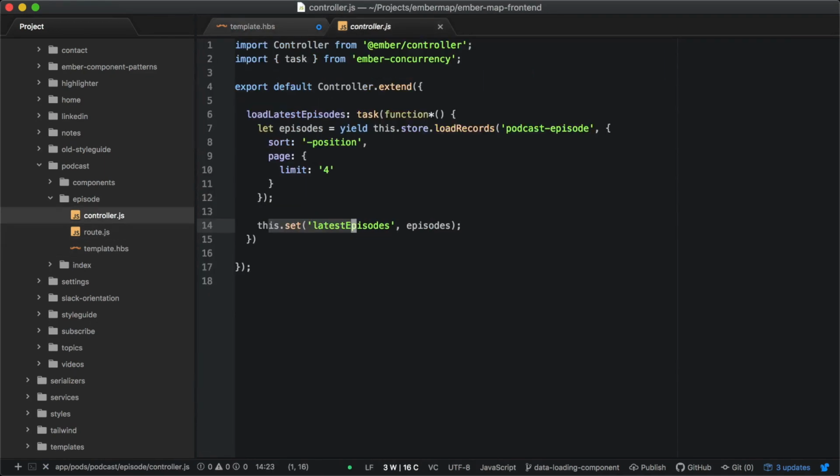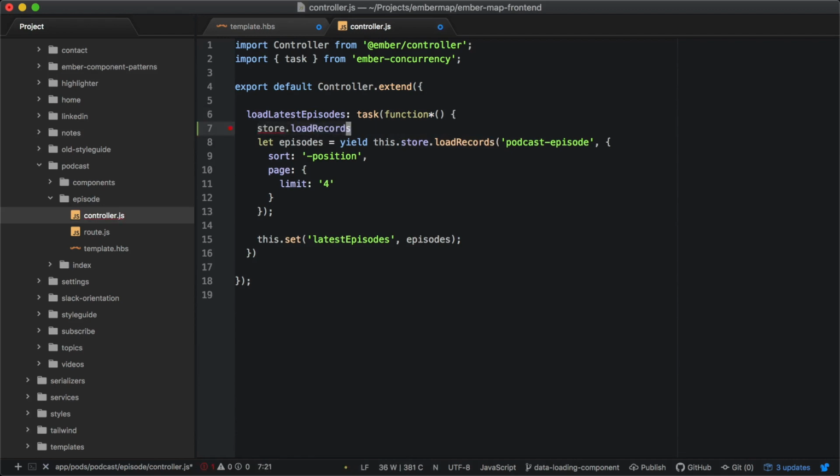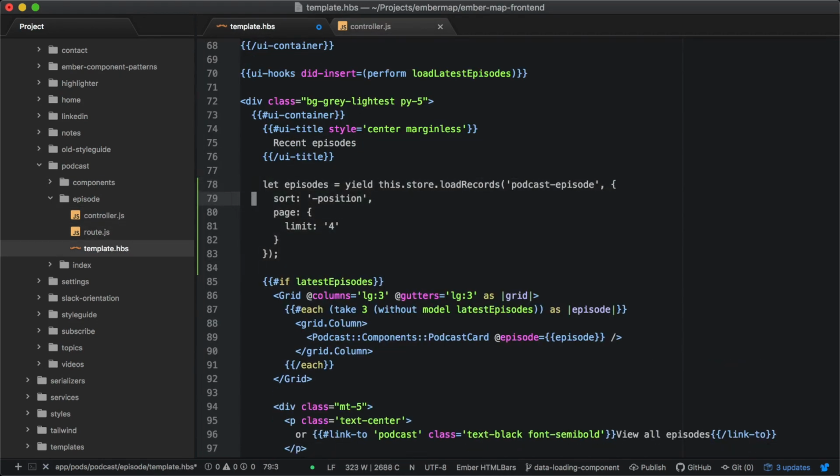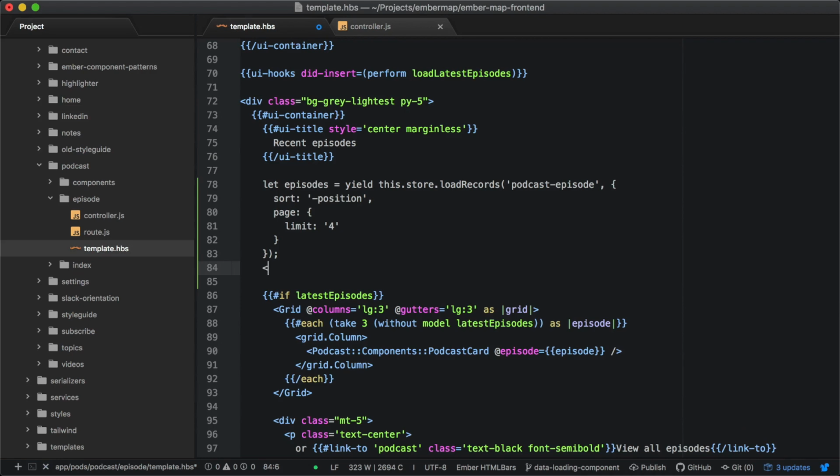Over here in the controller, this is really all here just so we can call store.loadRecords. Again, this loadRecords API comes from Ember Data Storefront, but it's very similar to store.query with some additional caching built into it. But what if we could just do this from the template? So I'm going to grab this, come over to the template, and let's experiment with what this API might look like. What if we had a load records component,